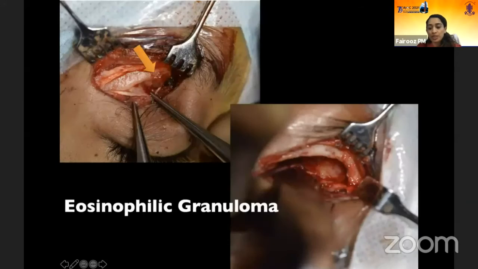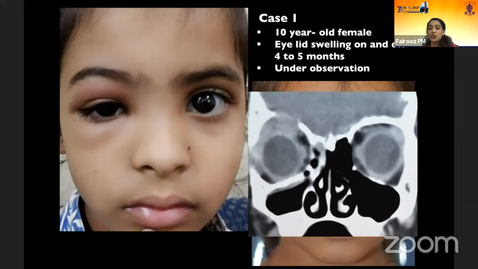So in a child who presents with recurrent swelling like a preseptal cellulitis, and when you image the patient and find bony erosion, there are two things that we mostly keep in mind, especially if it is superior. A tuberculous etiology has to be ruled out, and another thing is another granuloma, which is eosinophilic granuloma. And of course, a malignant lesion has to be ruled out, because any bony erosion is equal to some malignancy growing there, because malignancy is usually invasive.